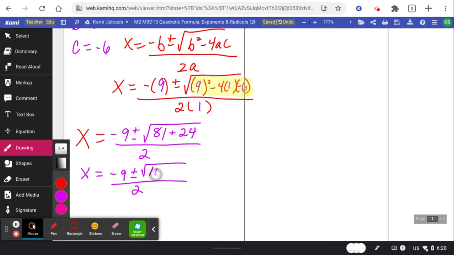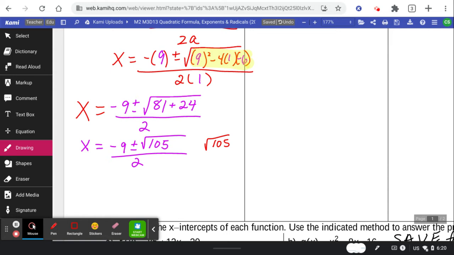All right, so we're going to get under the radical the square root of 105. Going off to the side, let's see if we can break up this 105 at all. What goes into 105? Well, since it ends in a 5, I hope you realize it can be divided by 5. So we'll start there and we get 21 times 5. Well, 21 can be broken down as 3 times 7 times 5. Do you see any pairs that I can take out? No, so the radical is actually already simplified. We don't have to do anything else to this one. Every once in a while that happens. So this is it